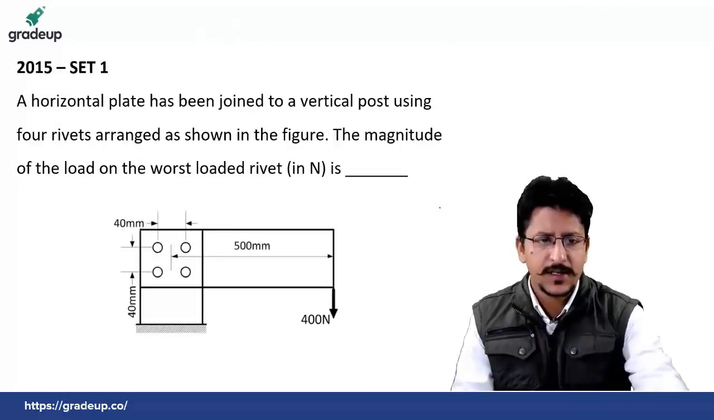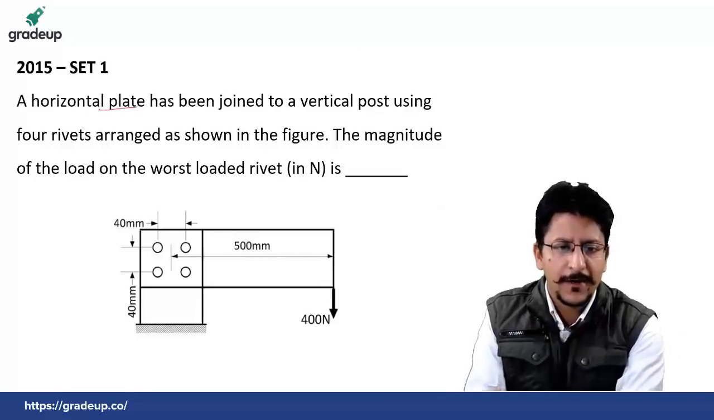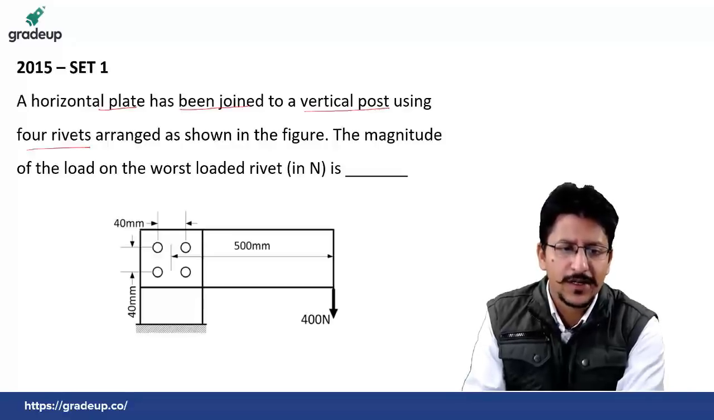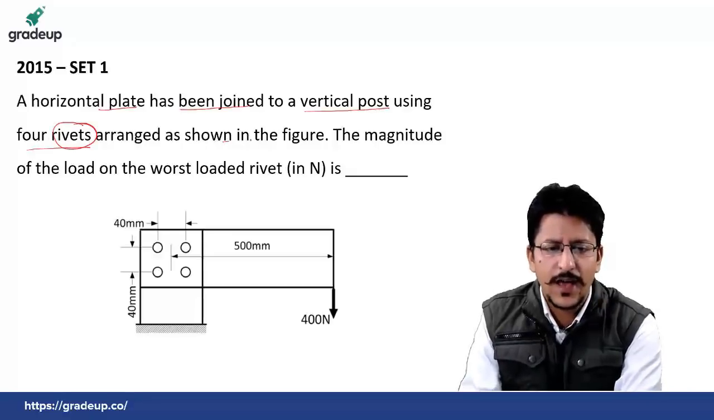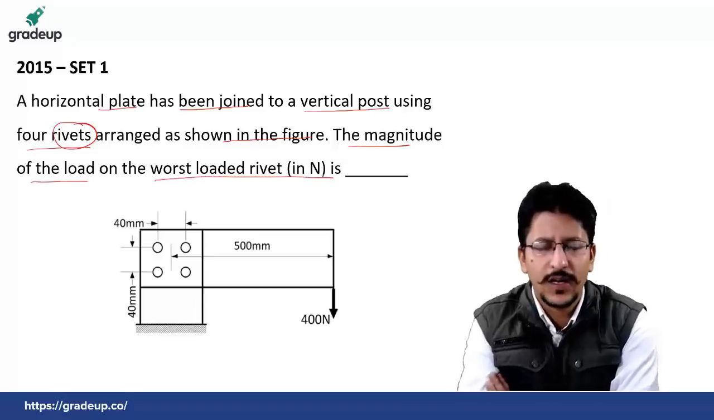Asked in GATE 2015 set 1. A horizontal plate has been jointed to a vertical post using 4 rivets, arranged as shown in the figure. This is a riveted joint question. The magnitude of the load on the worst loaded rivet, in Newton, is: